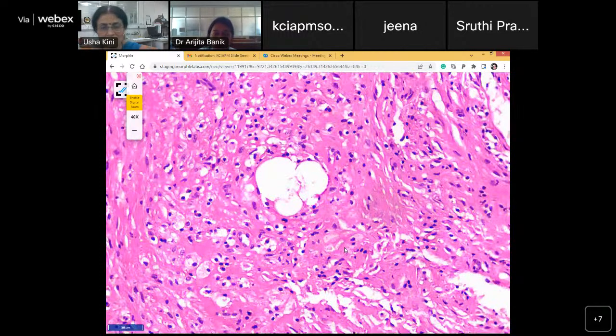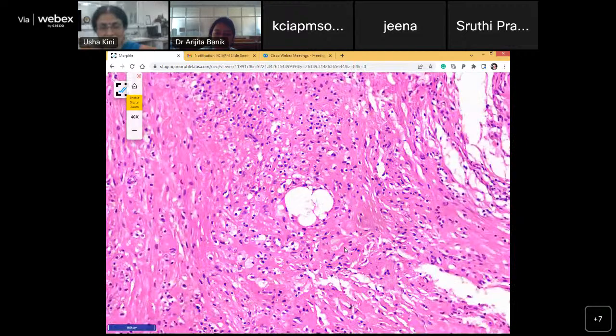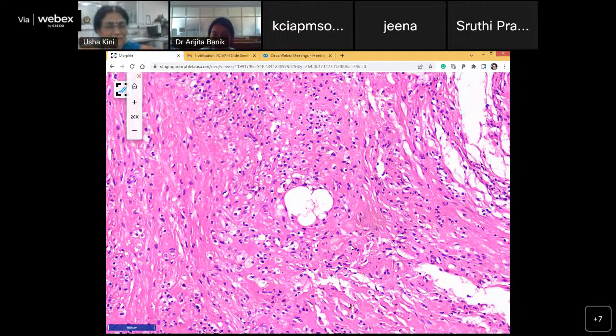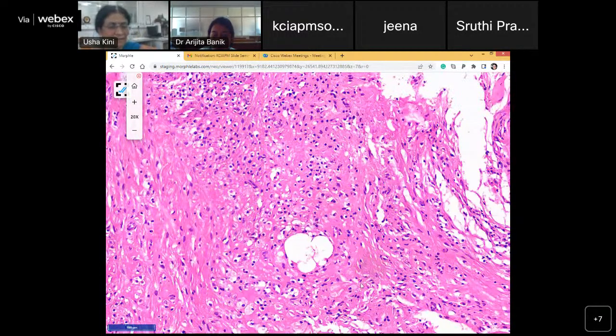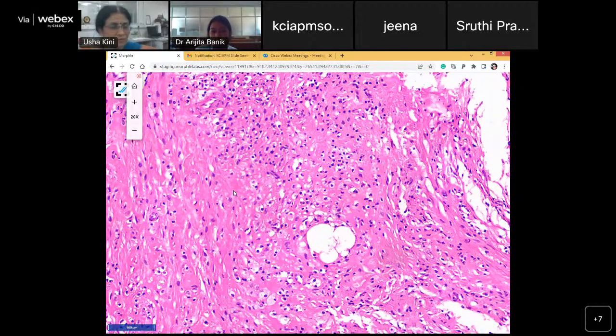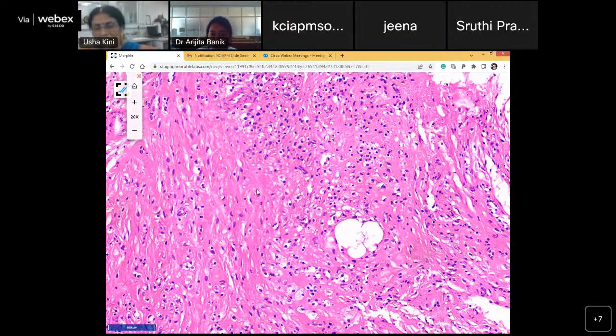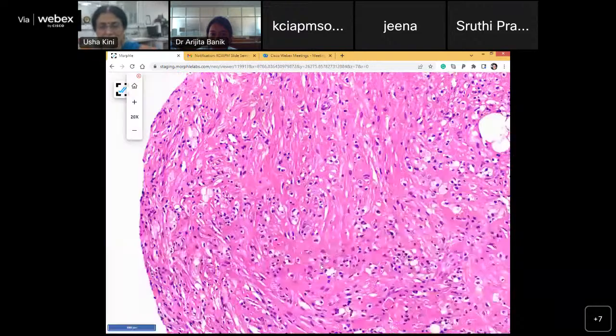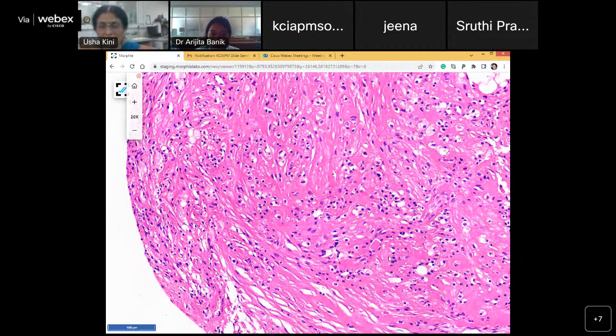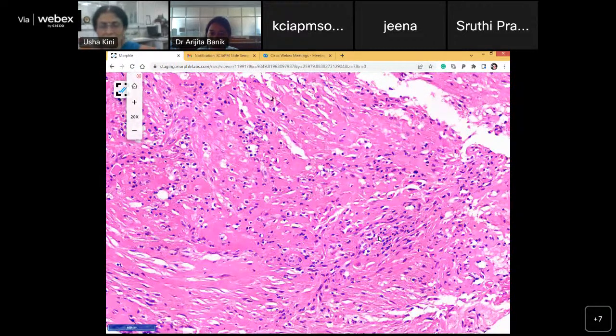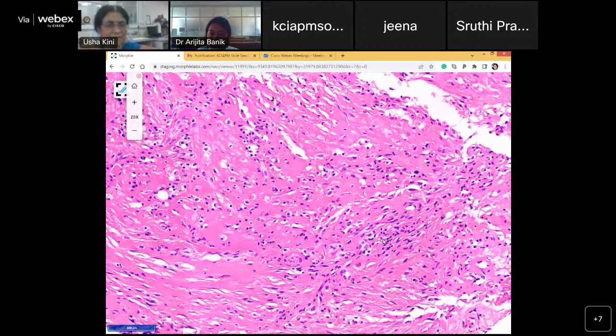And what about this? What can that be in the middle of this? Marrow element. Yes, that is the fat, right? The marrow fat element has got trapped in this. If you see, there are lots of these foamy histiocytes as you described. And here is a fragmented bone, which probably is dead, right? Yes, ma'am. So you have viable and dead bone, and you have this kind of cells.